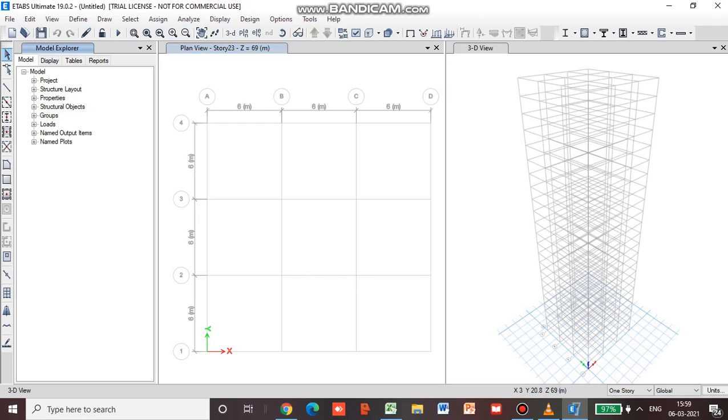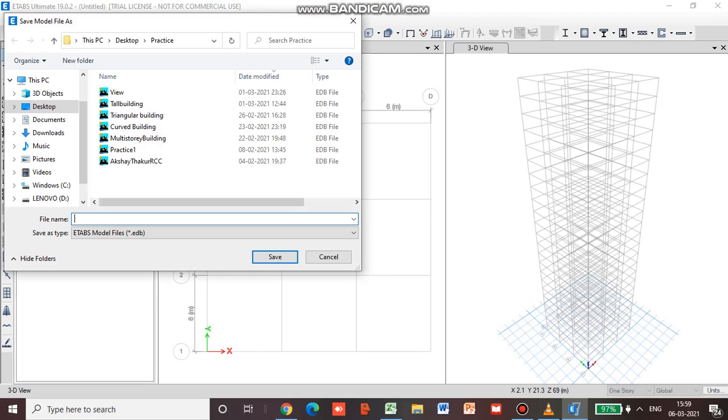So guys, you can see the grid system which has been formed. So let me show you how to save this. Go to File, then go to Save. And this box opens and you can save it wherever you want.